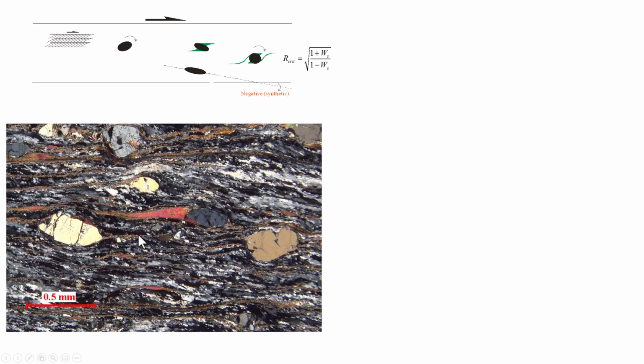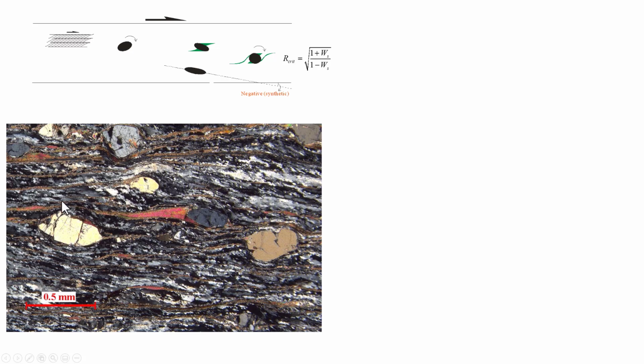There is microstructural evidence for slippery interfaces in rocks. Theoretical predictions are that elongated, rigid objects may either rotate with the vorticity or reach a stable position at a small synthetic angle with respect to the shear boundary. The behavior is dependent on the aspect ratio of the object and the vorticity number of the flow. However, synthetic clasts are rare in rocks. Most commonly, rigid clasts are aligned at a small antithetic angle with respect to the shear plane.